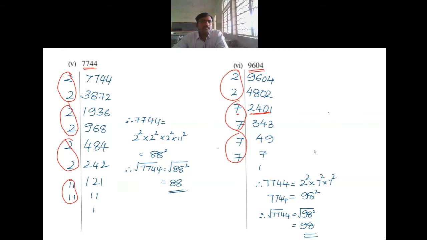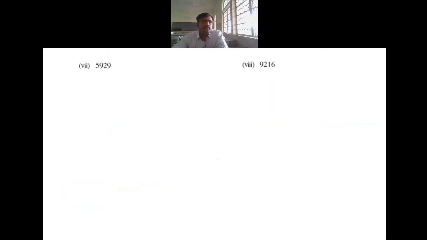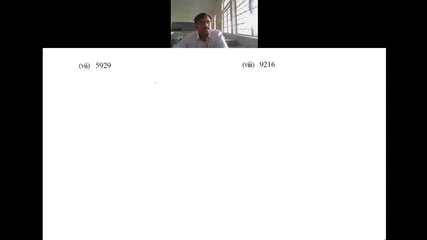All right. Now I'll quickly tell these two. You can just note down the question and try on your own and observe. This particular number is an odd number, so it is not divisible by 2. Is it divisible by 3? The sum of the digits is 25, so it is not divisible by 3.